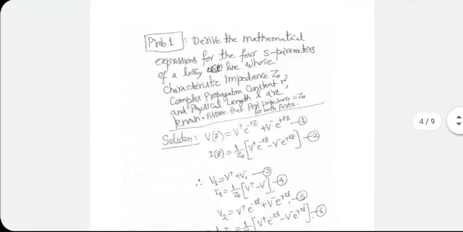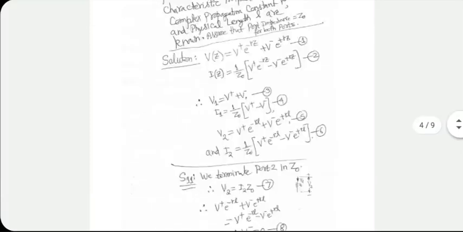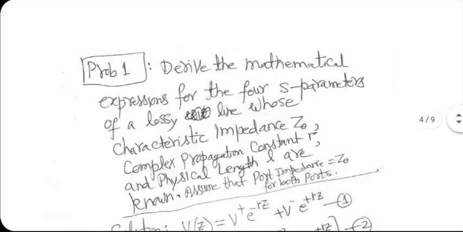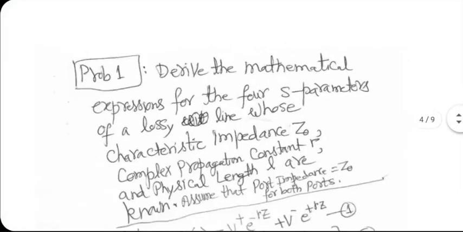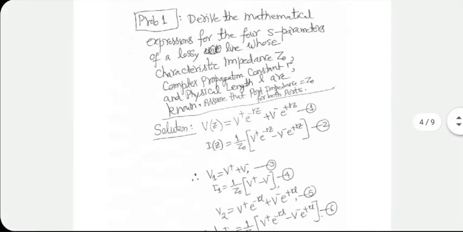Now let's tackle this in theory at least for a lossy transmission line. A lossless transmission line is a special case of it anyway. It becomes a little tricky if you want to derive S parameters because it's a little confusing. You're talking about incident voltage and reflected voltage. You have to be mentally very clear in interpreting things. In this problem, it's not that difficult. But if you have a complicated circuit, it is always a pain to try to derive S parameters ab initio.